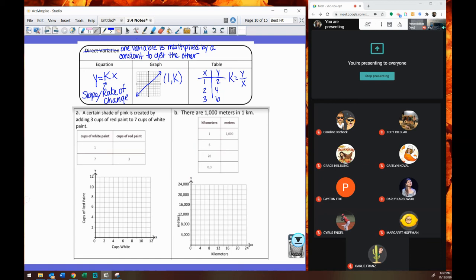One variable is multiplied by a constant to get the other. We see that in an equation. It's always going to be written like this. I have some independent number multiplied by the same value, and it's going to get me an output. That k value is your slope. It's your rate of change, your new vocab for it, constant